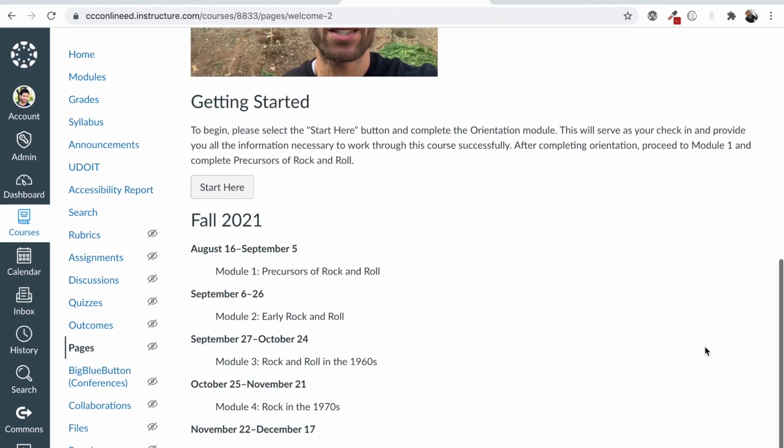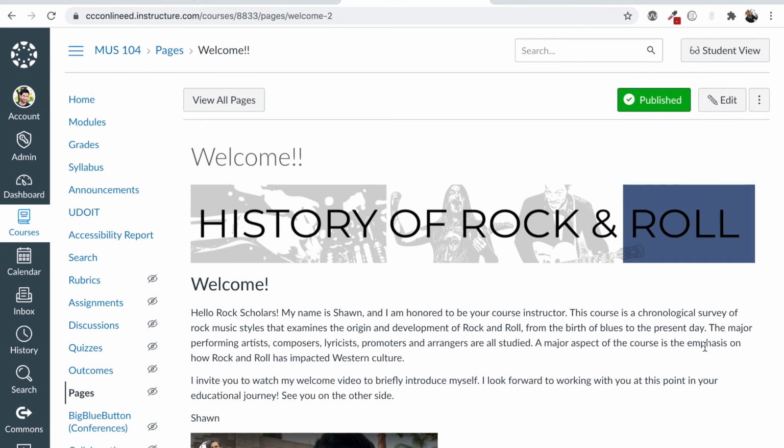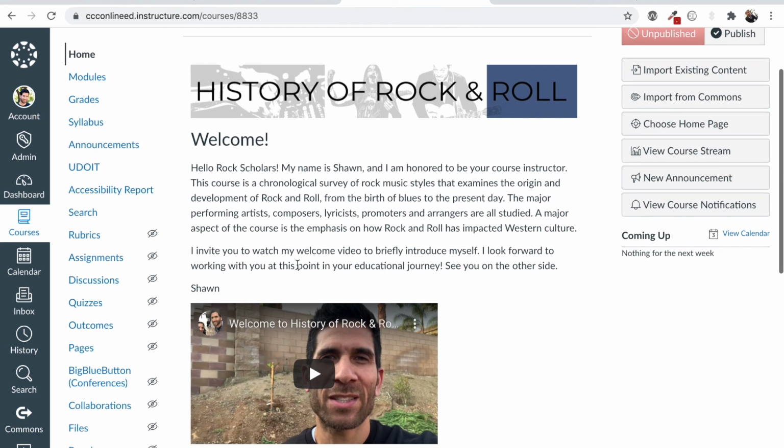We're doing great. So the last thing that we want to do is assign it to be the home page in Canvas. So right now, this welcome page, I put 2 exclamations so that it doesn't confuse with the actual welcome page I originally created. All that to say, this is just the page right now. It's not the home page. So if I select the home link, it looks similar, but it takes me back to my original page.